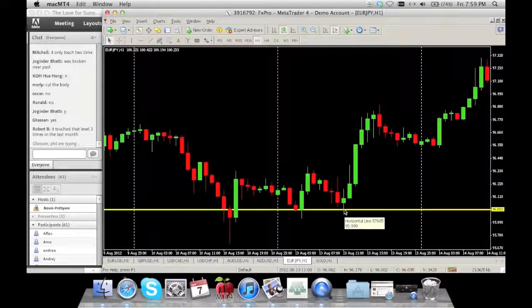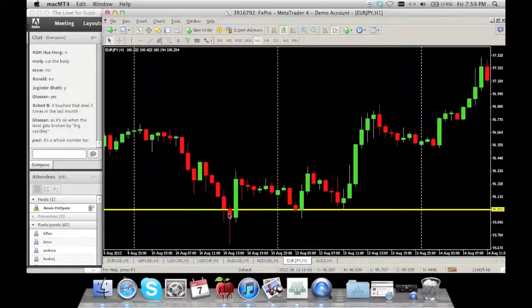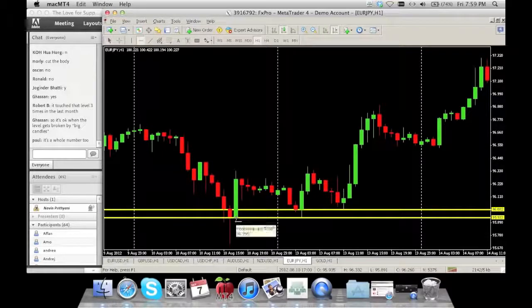Now, how do you make this into an understanding of where the actual market is going to go? Here's the next lesson. When you reach levels like this, and you see in the past that it's held true, you take the level that you're assuming right now and this level that you also want. This one gives you a pinpoint here as well. You now have a range you're working with. This is your range for your support.